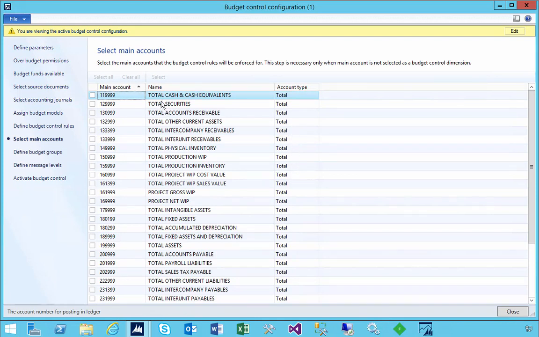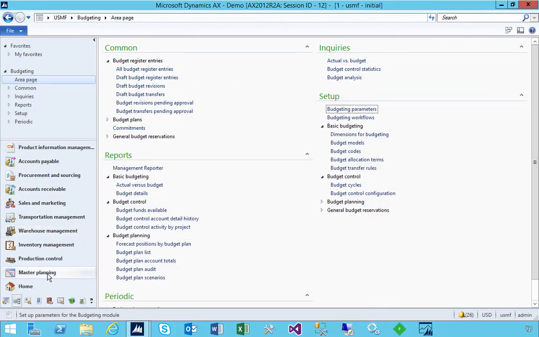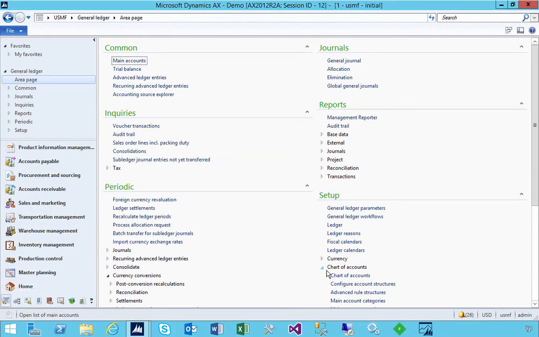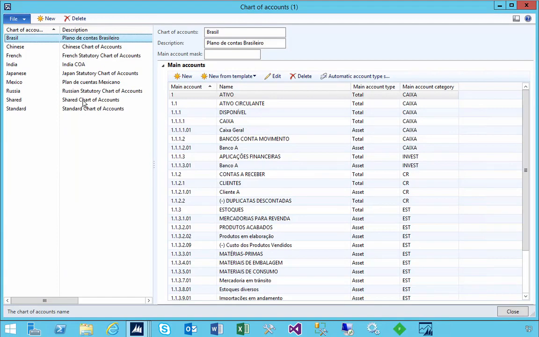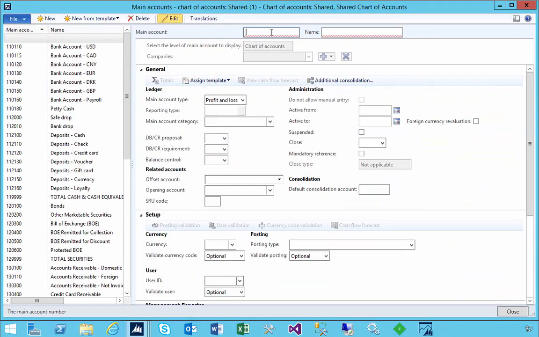So if we have a look, for example, you'll see the first account that I have is 119,999. Now, of course, if we have a look at the chart of accounts in the general ledger, that's not the first account in the ledger. Obviously, we've got an asset account here, for example. So if I put in a new account, I'll make it an expense type. So let's say 110,162, for example, test